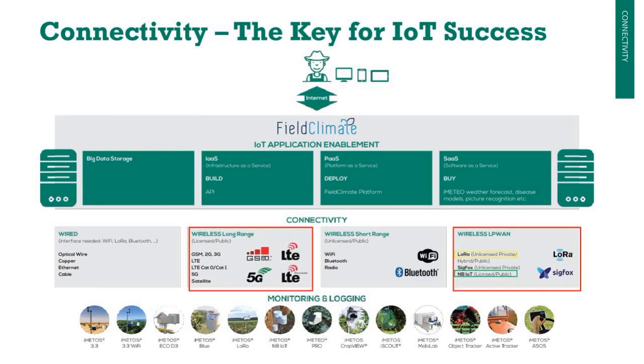What we can't guarantee, of course, is the connectivity for the tower. Where is the tower, and the connection to that tower is still critically important, where we still need to improve our networks across Western Canada and Eastern Canada for that. So connectivity is the key for IoT success moving forward.